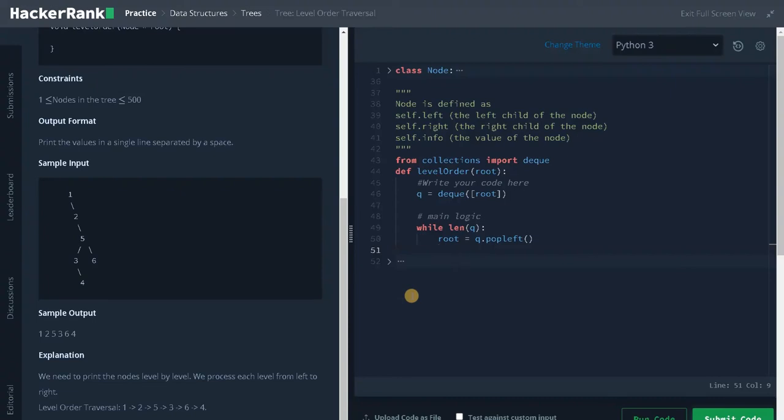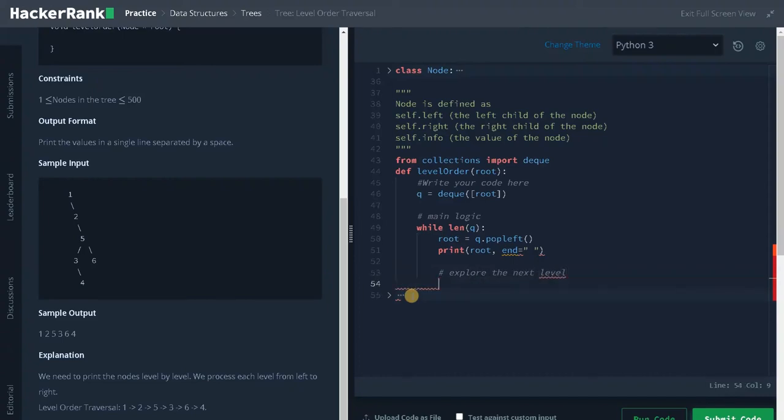Then we need to print the element we have popped. That will be print root. And again, we have to add the end parameter equals space. Now, after printing the current element, we have to explore further, that is the next level.